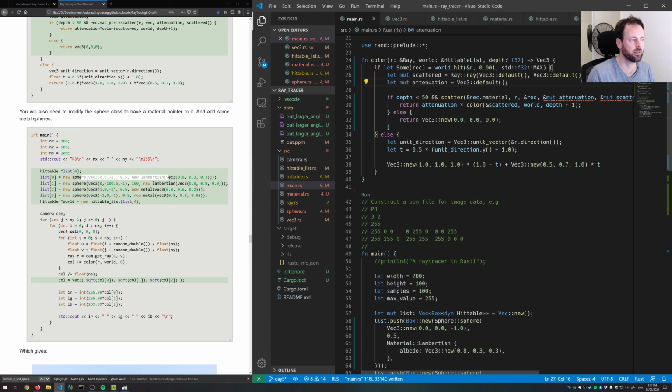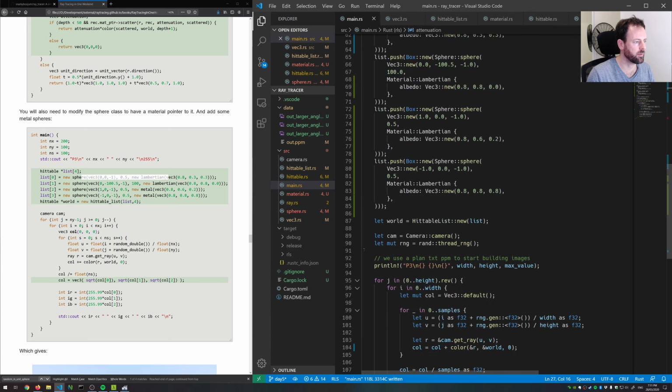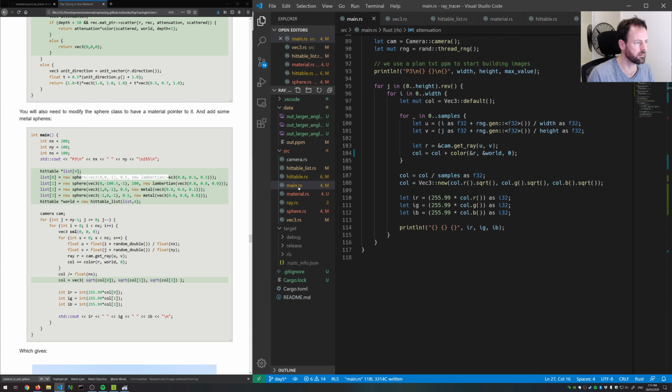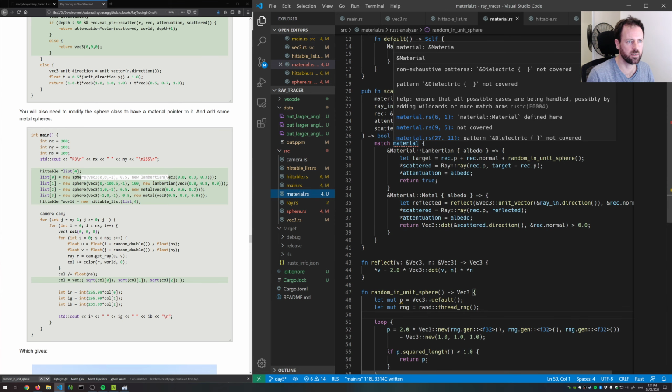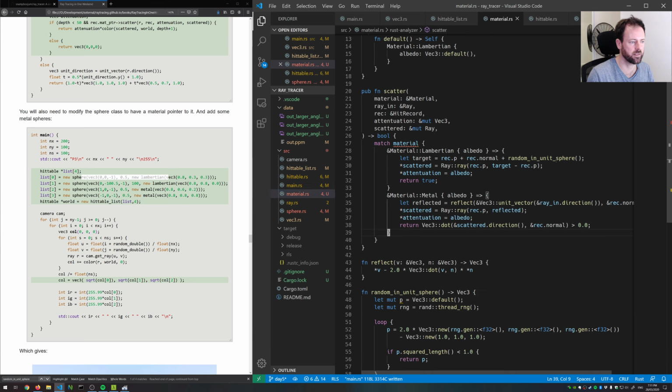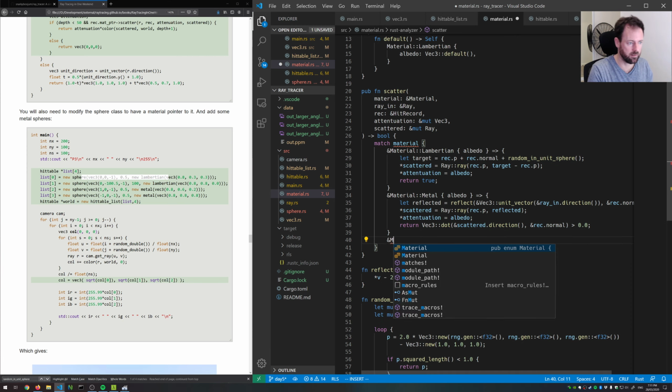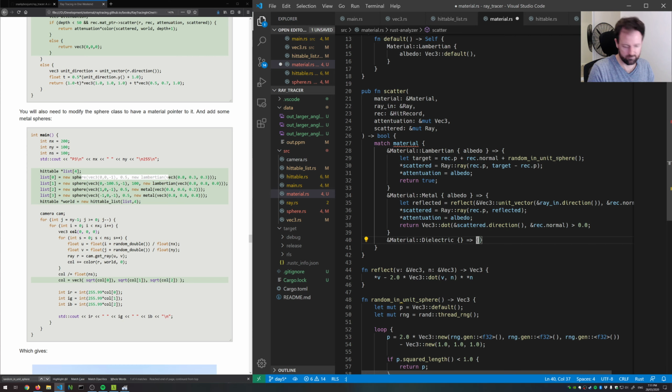Okay. Now the other bit that we need is, okay, what's happening here? Match material. Dielectric not covered. Yes. So one of the cool things about Rust is that all the matches have to be exhaustive. So you can't end up with matching on an enumeration, for example, where you haven't implemented all of the different options. And so it's complaining at us, and so that's great. We'll do dielectric here, and the match is that it does nothing right now. So, okay, it just keeps the compiler happy, but it also means that